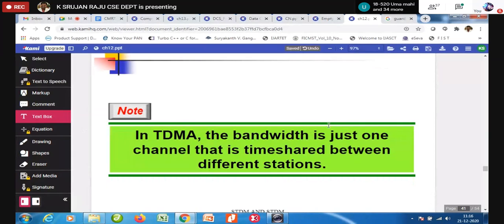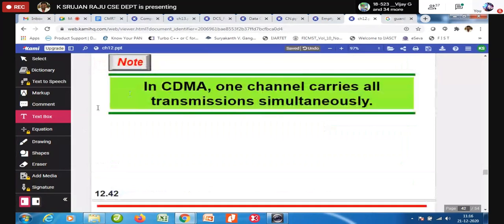Then the third one is code division multiple access. To help you imagine the difference, before GSM mobiles we had CDMA mobiles, which did not work in every area, but only within a particular city. Reliance had CDMA phones, and Tata also had CDMA phones. How is this CDMA going to work? Code division multiple access.